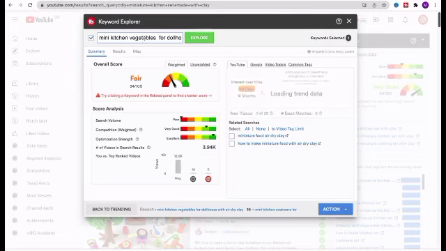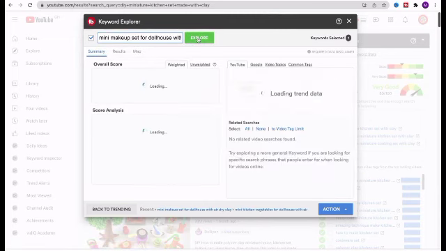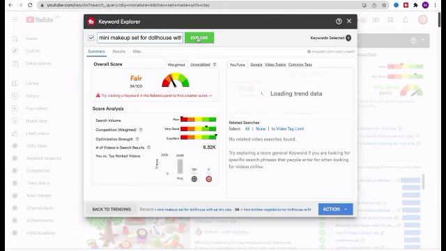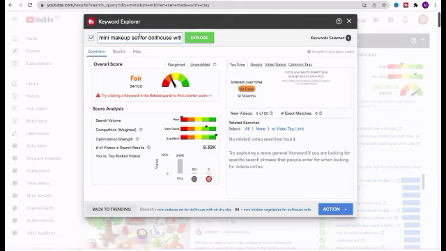So let's say we did this, or let's say mini makeup set for dollhouse, and then you try to make some changes in there based on the kind of videos you want to make in the next video. Once you do this and you realize that, oh, I got a good keyword for makeup set, this means that your next video can be about makeup set because it's a good keyword, or your next video can be about maybe mini bathroom